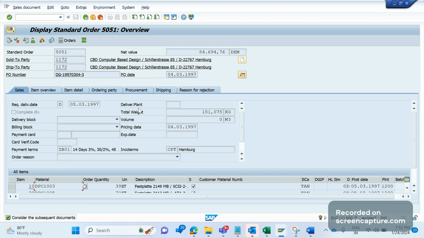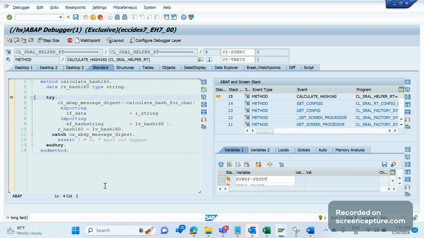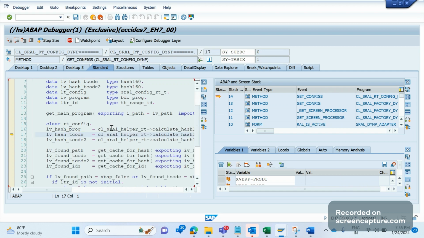Now I am trying to debug this order. Let me add a breakpoint here and let me double click on the item. If I double click, the breakpoint has been triggered. Now let me click F7. Okay, if you see here,